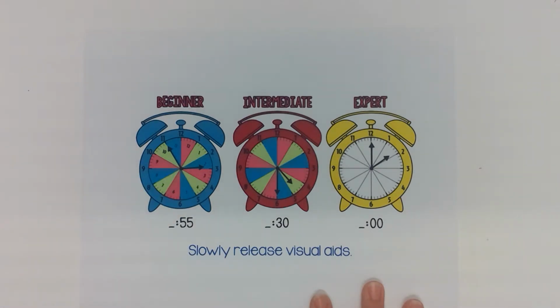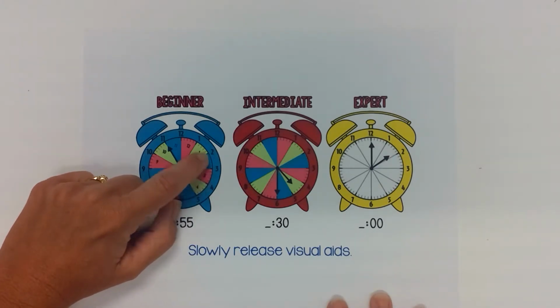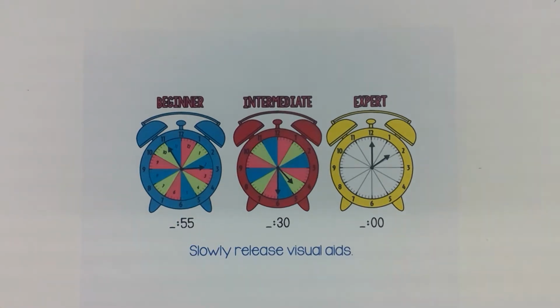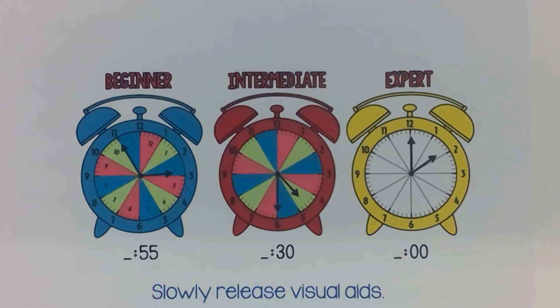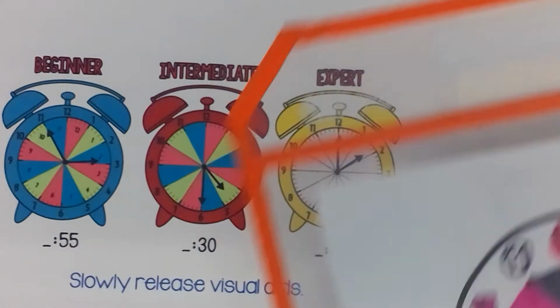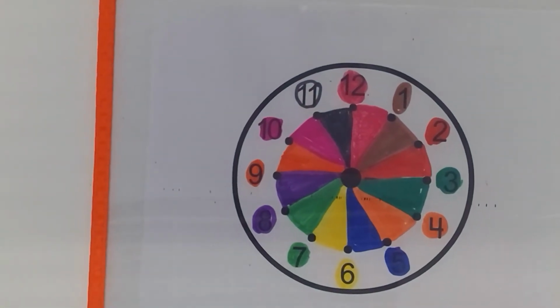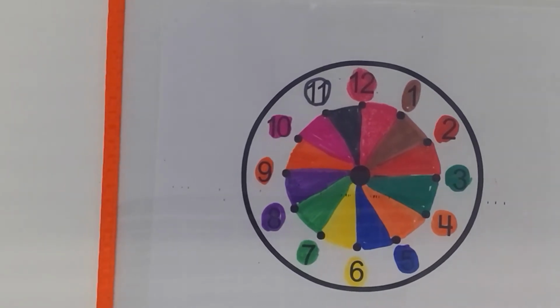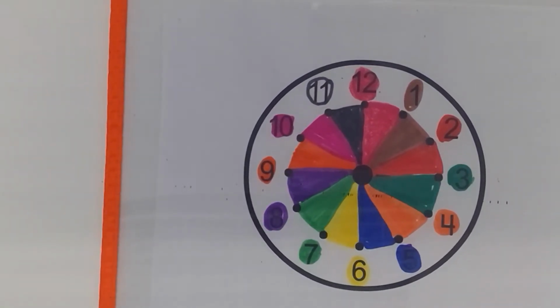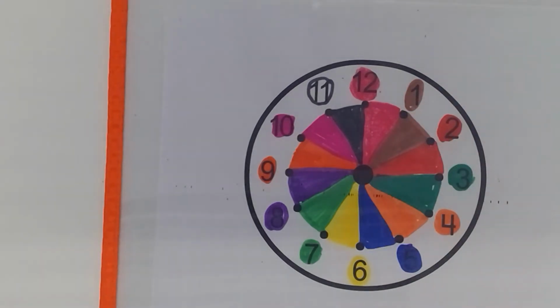So we would spend the time with the students asking them what time is on the clock. Let's look at the hour hand first. What space is the hour hand pointing to? And it's pointing to the space of the 2 o'clock hour. So we could work with the students with these colored clocks. I have an example here of one that can be used in the classroom, and it's just taking a clock face, coloring. I would spend time having the students actually color their own model of this so they can see that whenever the hour hand is pointing in the space between the 1 and the 2, it's pointing to the